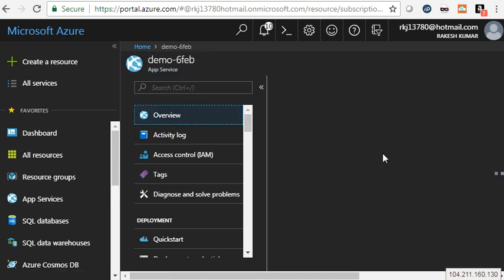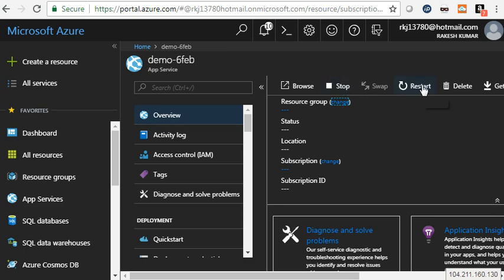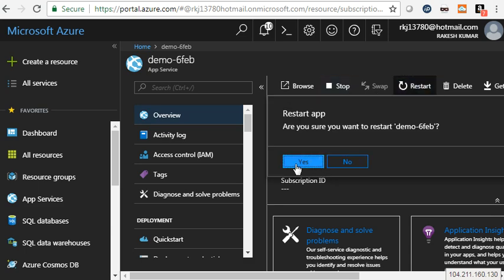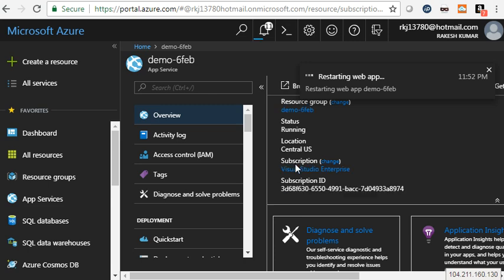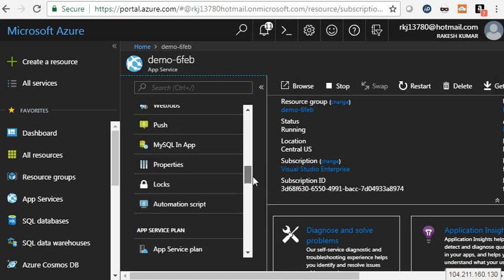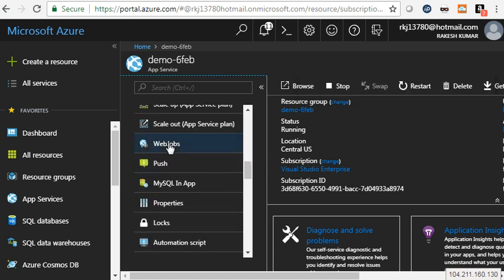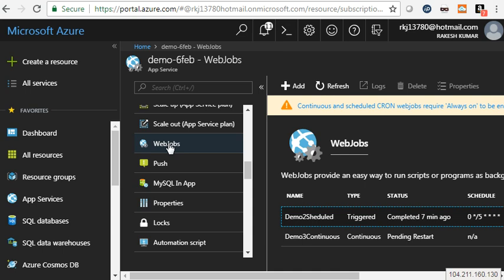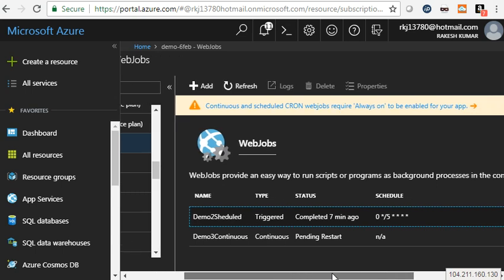So I will click on WebJob overview and I will restart just to make sure that the continuous job goes into running mode. So again, come to the WebJob, and a continuous or scheduled web job requires Always On. Okay, all right. So this is one of the website features you have to enable in your app,